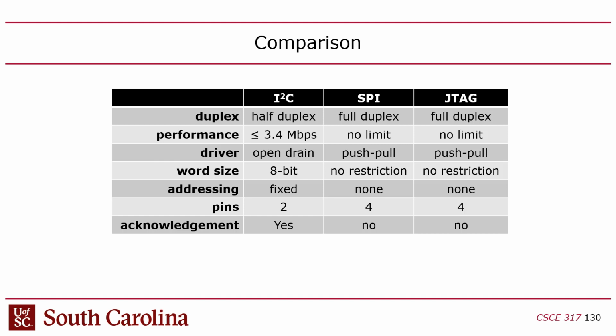The performance: I2C is generally less than 3.4 megabits per second. SPI and JTAG have no limit because there are no defined limits in the spec. It'll run as fast as your wires will allow you to carry the data. I2C is open drain. SPI and JTAG are push-pull style drivers. The word size is 8 bits on SPI, but there's no restriction. As a matter of fact, on JTAG,